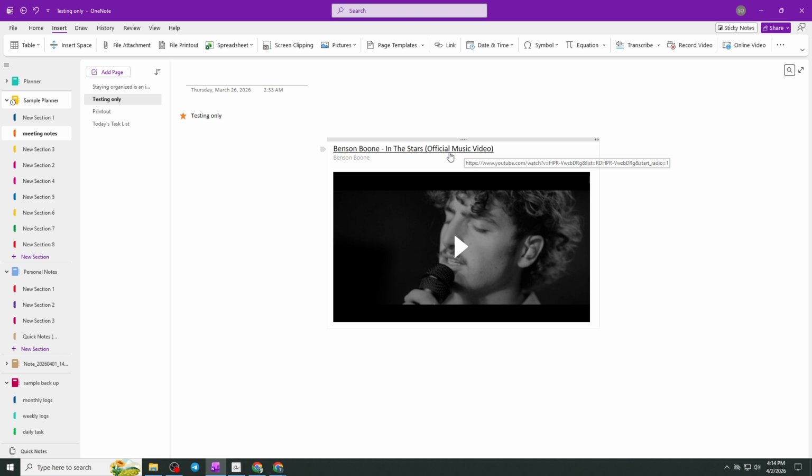Once the video is embedded or linked, you can interact with it directly from your notes. On the desktop app, you can play the video without leaving OneNote, which is perfect for following tutorials while taking notes. On mobile, tapping the thumbnail will launch the YouTube app or browser, ensuring you can still view the content